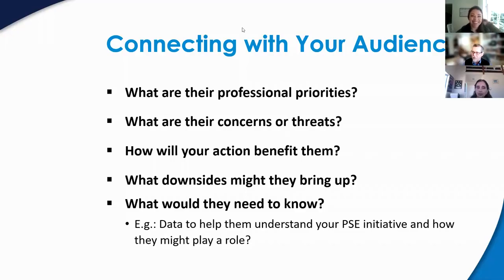I think this is what, from an advocacy perspective, we really have to pay attention to: people come to any argument or any issue that they're going to present with all of their own prejudices and ideas and concerns and fears. We need to think about those and incorporate them into it. And I'm not going to ask you all to go through all of these with us, but I want you guys to think about this.